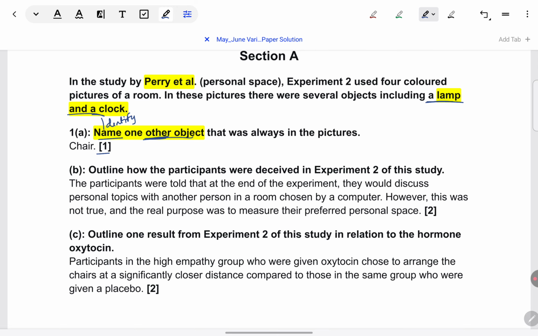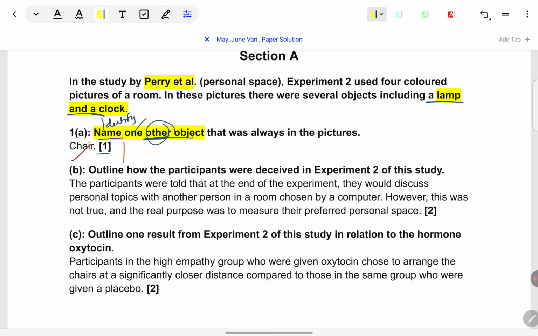Also, many students will read in haste, so they'll not make note of which objects were mentioned in the question. They end up giving the same. You're definitely going to get 0 if you give lamp or clock for this answer because it's clearly written other object. Also, only one object is asked for. You can give multiple, but the examiner will credit only one. They will not deduct marks for giving multiple objects, but they won't give you any extra credit either. So don't waste your time. Write one definitive answer and move ahead. Here you can see in this model answer only one word is written: chair. It is correct. It was an object in the situation. So the examiner will quickly give 1 mark here.